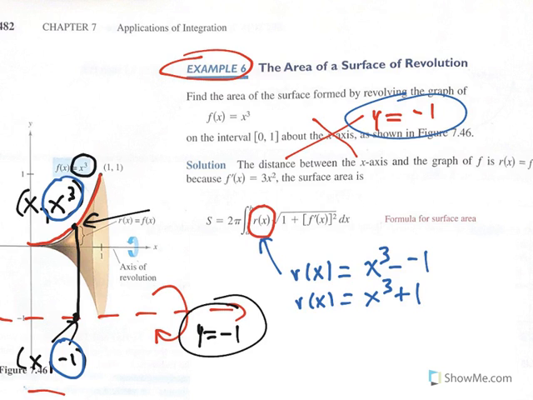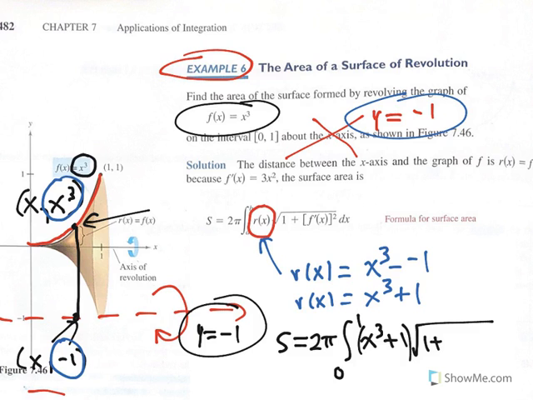We don't want to go ahead and find the surface area, we just want to write the integral for it. So we will write y is equal to 2 pi times the definite integral. The limits of integration are still from 0 to 1 for x. But now r of x will be x cubed plus 1. And then you still have the square root of